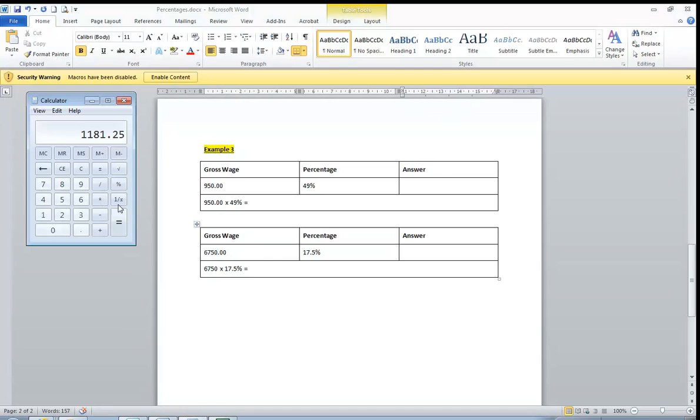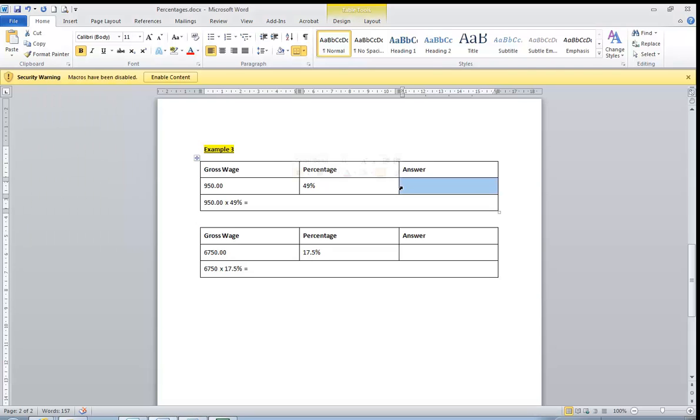For method 3, which is the most commonly used, and it's the shortest method. Okay, so again, using our calculator above, this time we're actually going to use the percentage key on our calculator. So we're going to put $950 and we're going to times or multiply 49, and then we're just pressing the percent key. And again, we get the same answer that we had before,